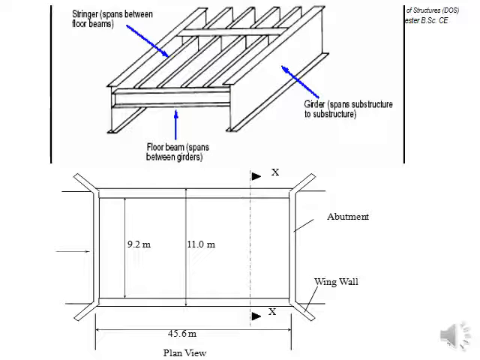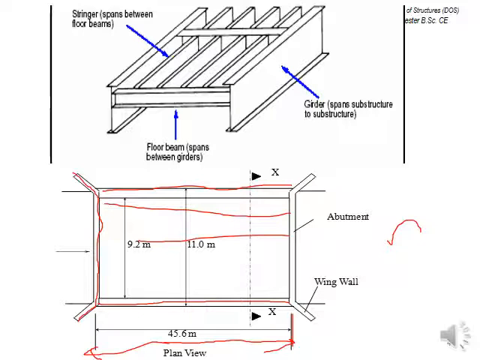So this is the schematic diagram for your case. So there is no intermediate pier, 45.6 meter total span. Okay, so here are the abutments. Those are only shown, you are not required over here to design the abutments. Just the intermediate part needs to be designed, the steel bridge part. This is going to have a span. So the span for the plate girder, 2 plate girders on both sides and intermediate stringers, it is the same.